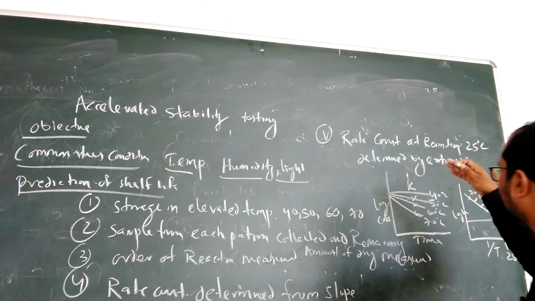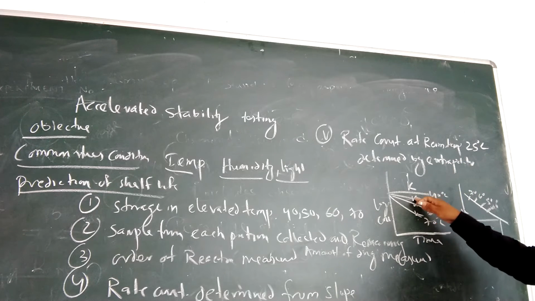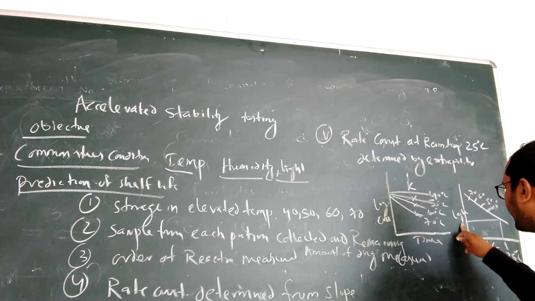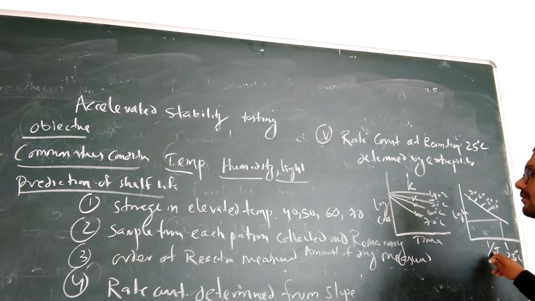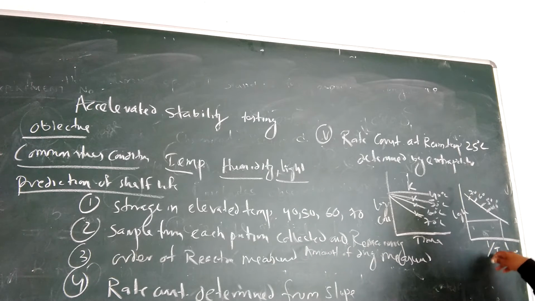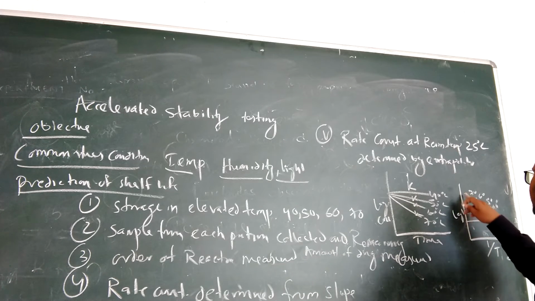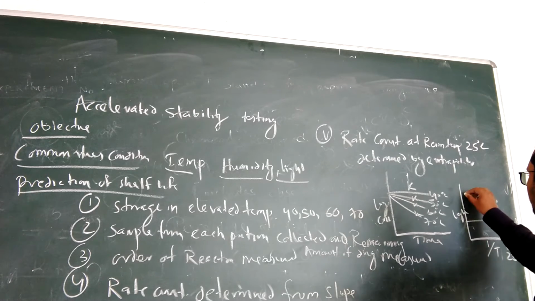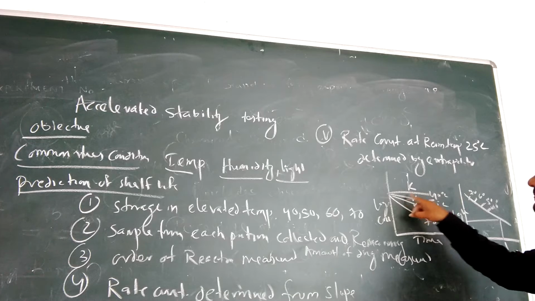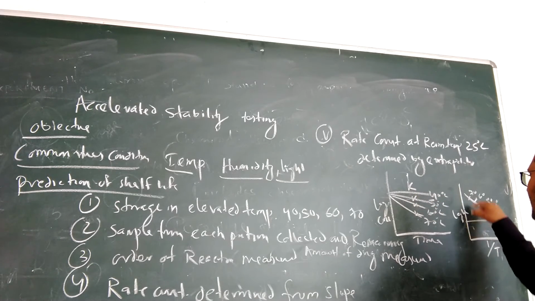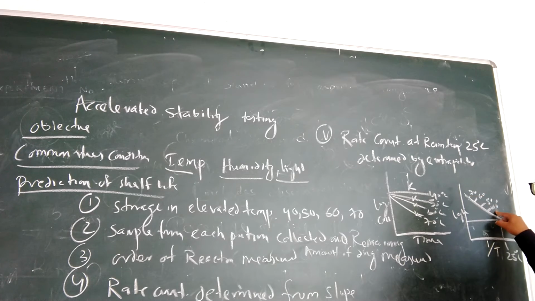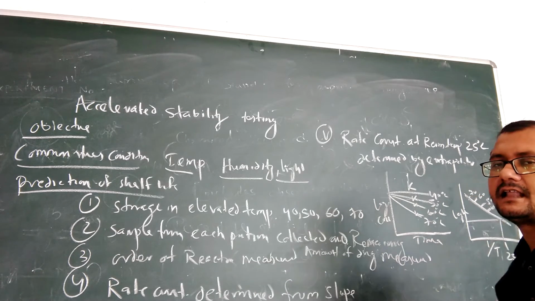After getting the K values, we convert to log K values, then we have to draw a graph by taking log K value versus the reciprocal of absolute temperature. When we make this, we get a line like this. By making a graph of log K values, we get a line like this at different temperatures. Then we have to extrapolate this line